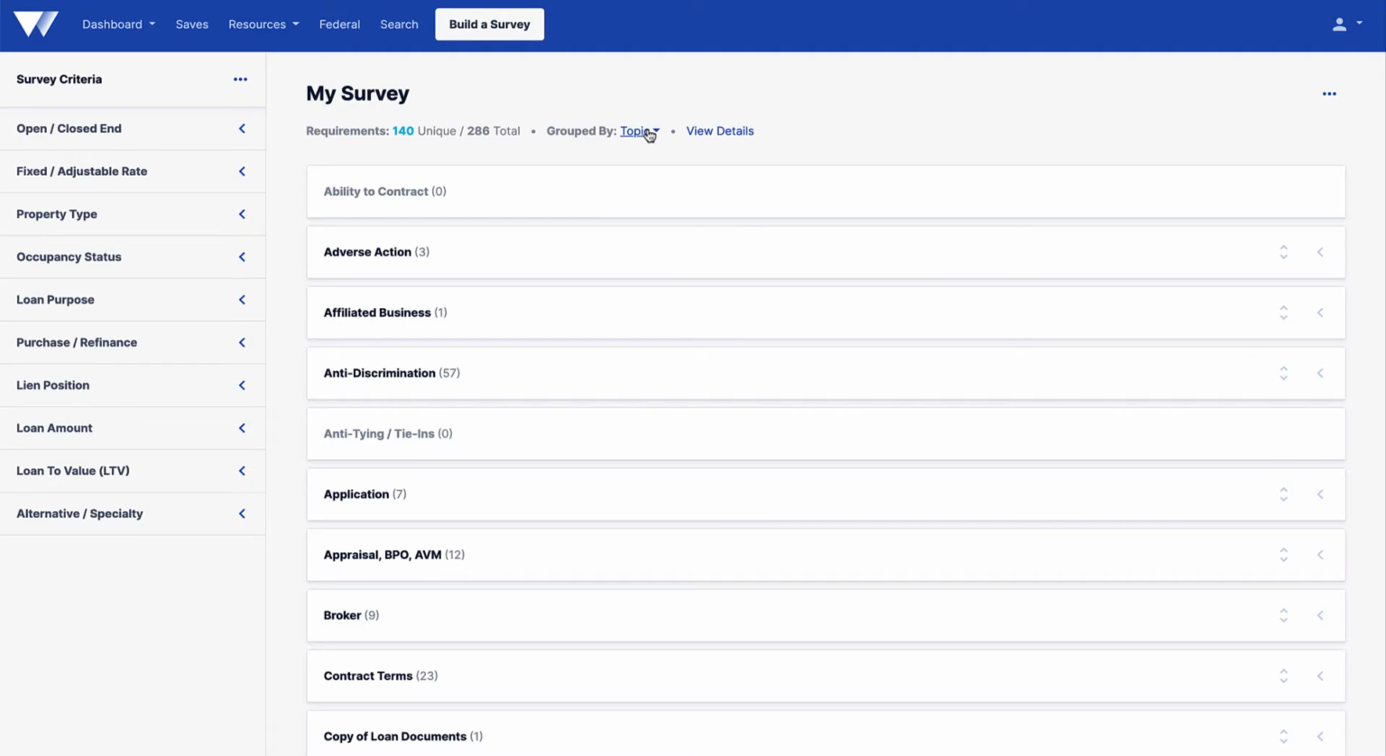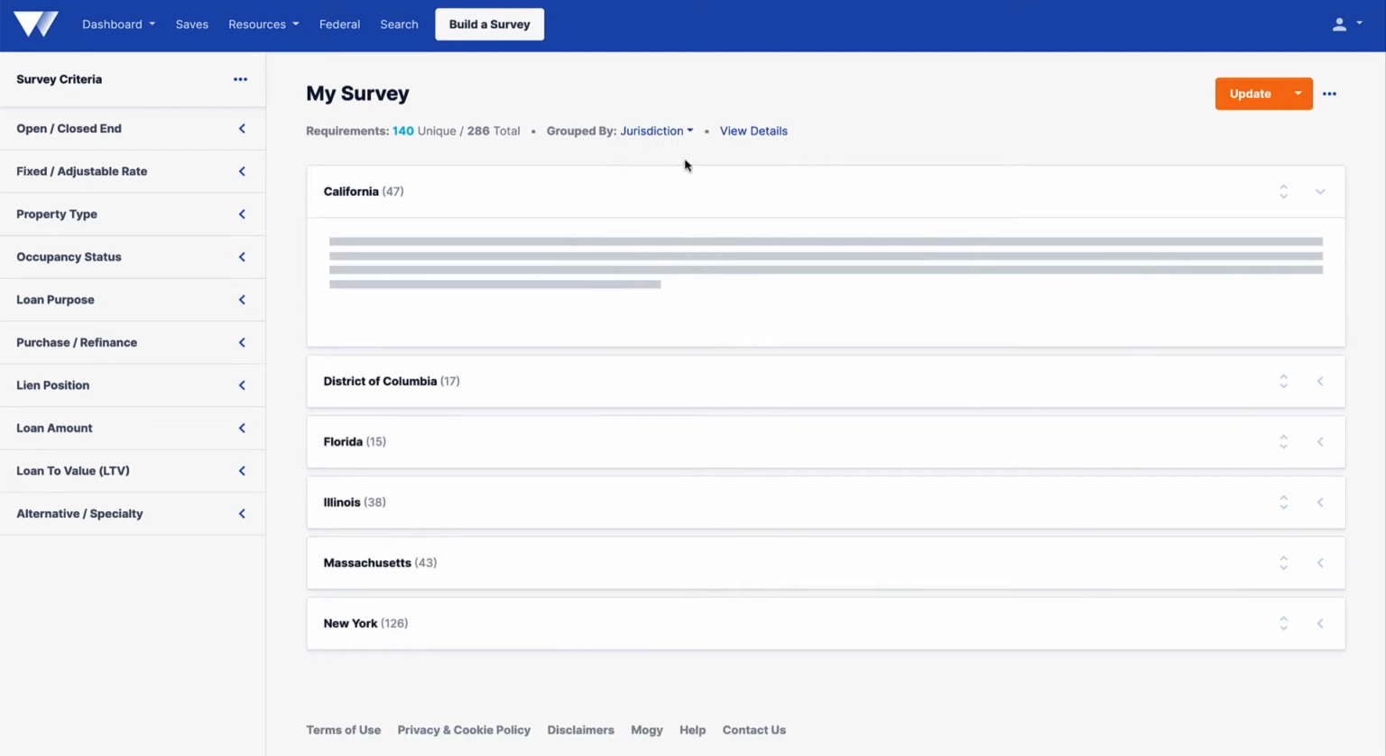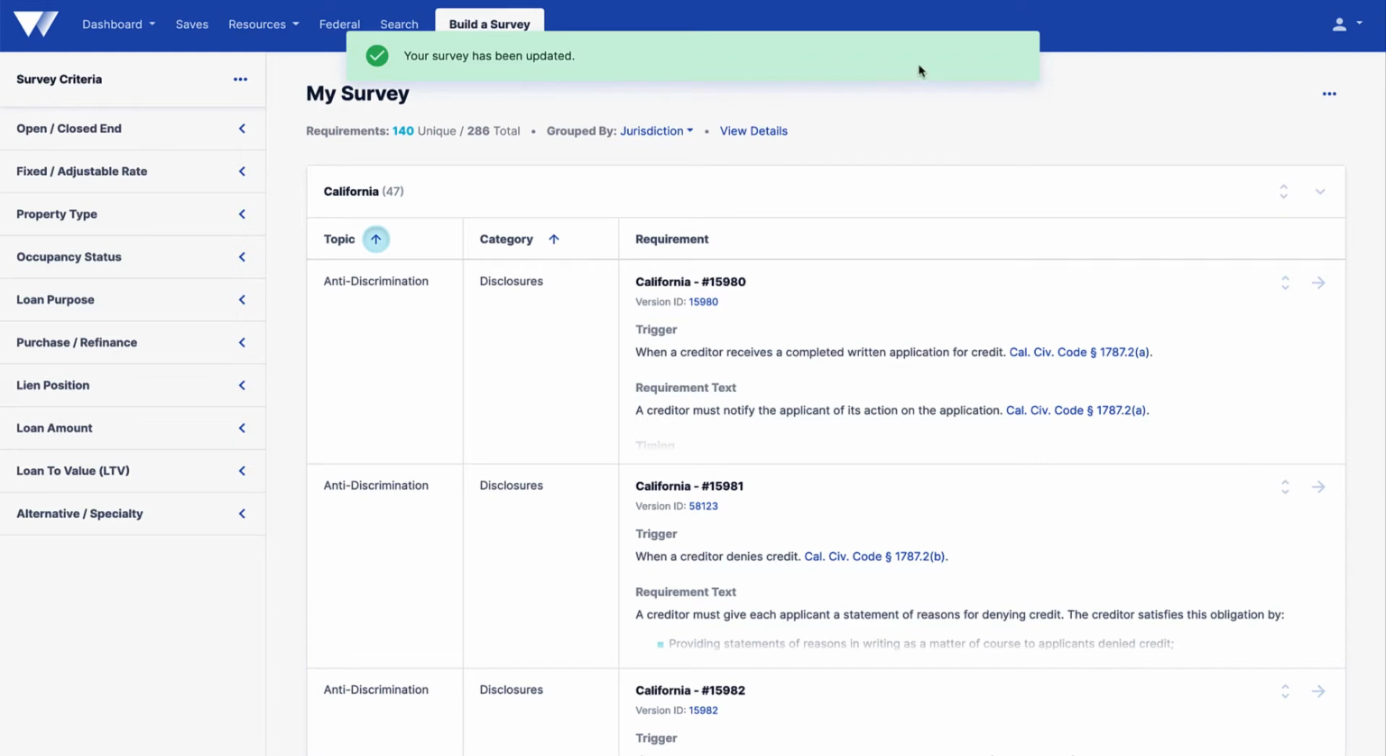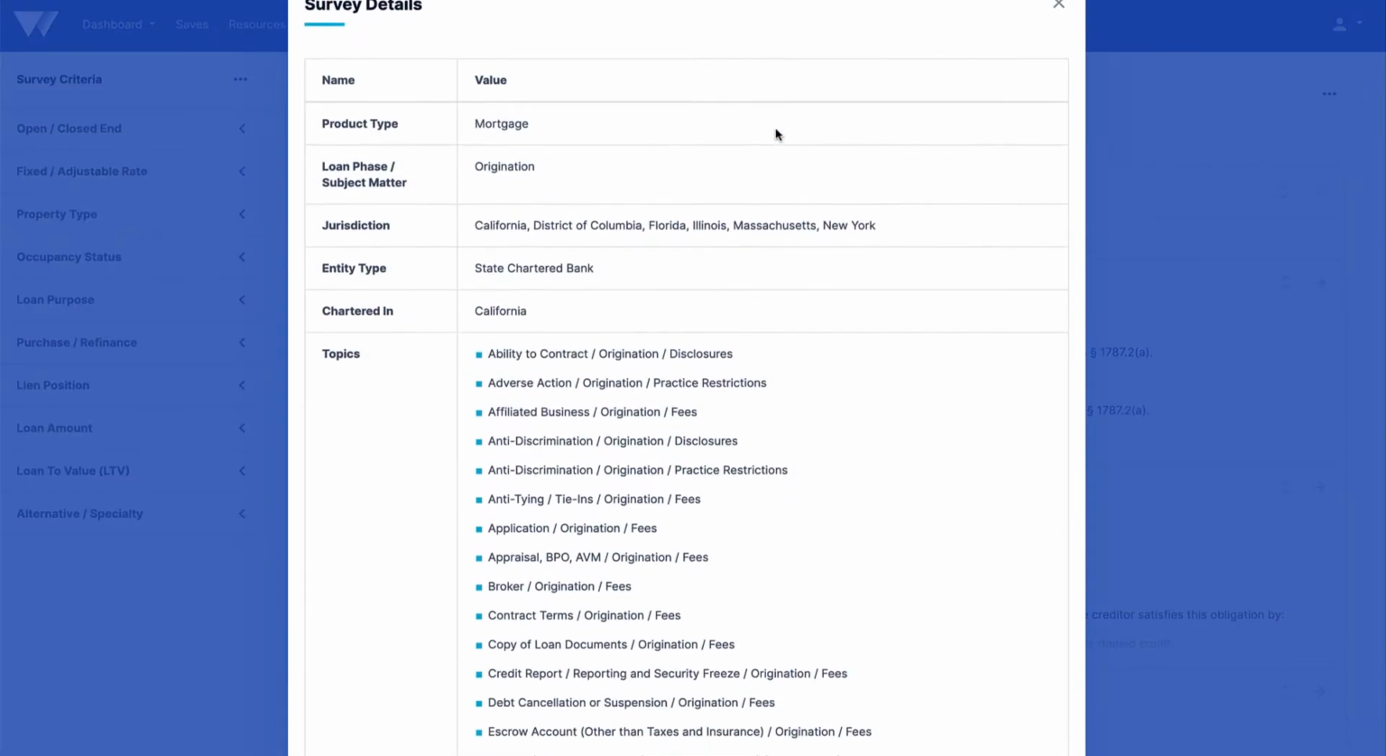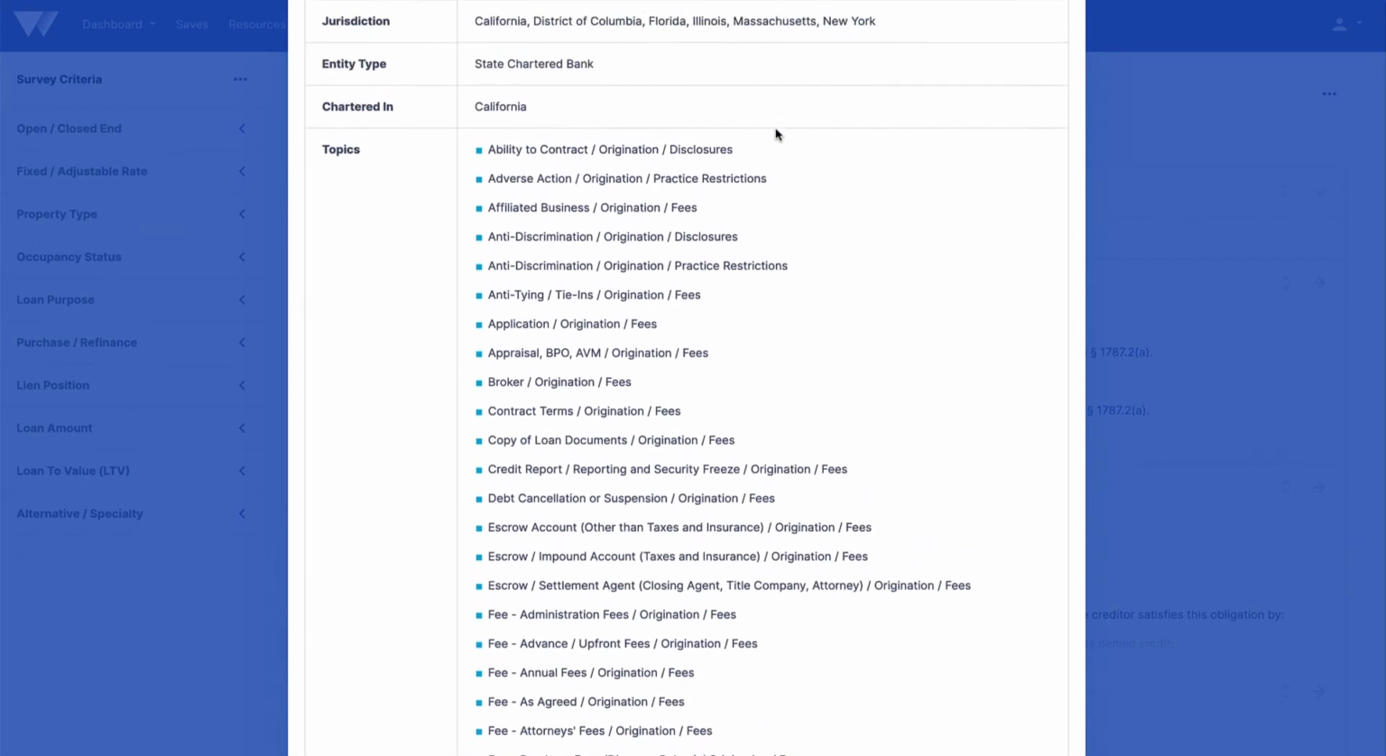Next to that is the Grouped By dropdown. You have 3 options when it comes to organizing your survey results. The default grouping is by topic, but you can change it to jurisdiction or category. Modifying this value will also display an Update button, which allows you to save your changes. The next item is the View Details link, which shows a list of all the parameters that make up your